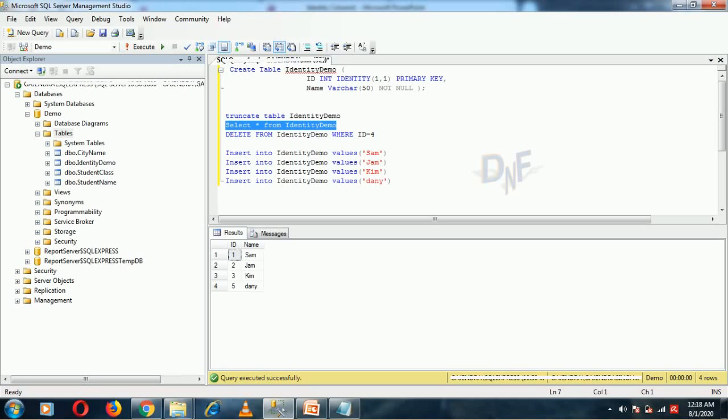It is a very good question for the interviewer, because delete command cannot reset the identity column, while the truncate command resets the identity column. When we perform the delete command, it deletes the fourth row, but it does not reset the identity value. When we insert the next row, it inserts the fifth value, because the increment value adds with the previous row value, which was the fourth, so next value will be 5, not the fourth.